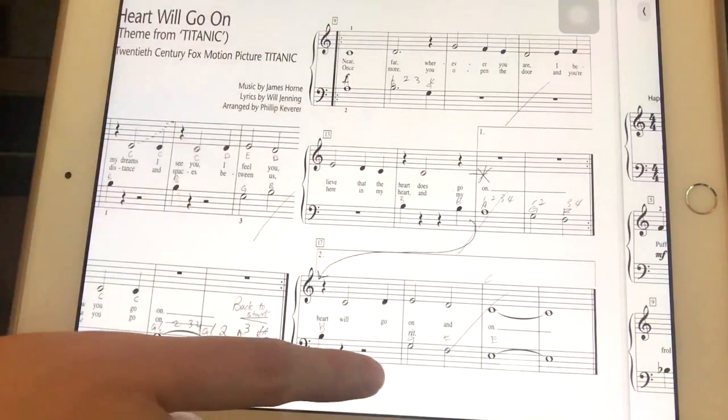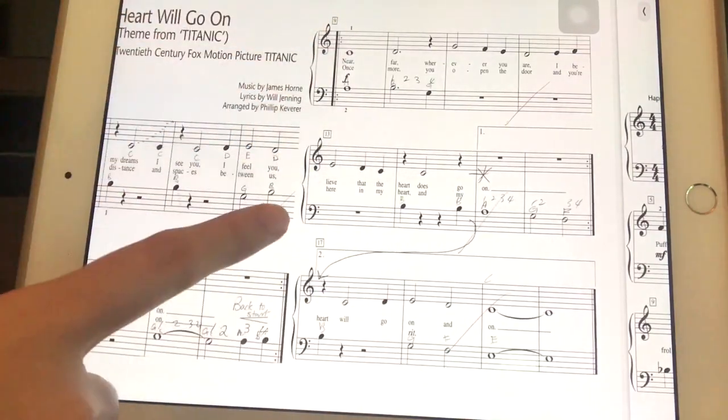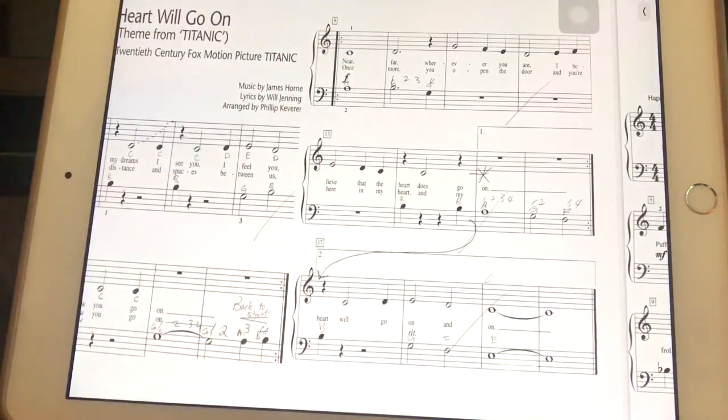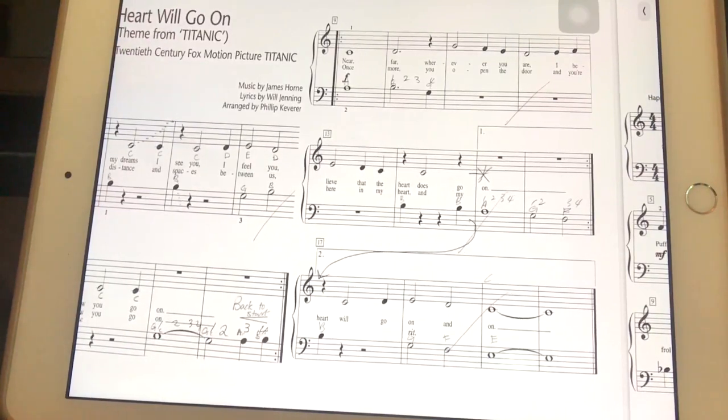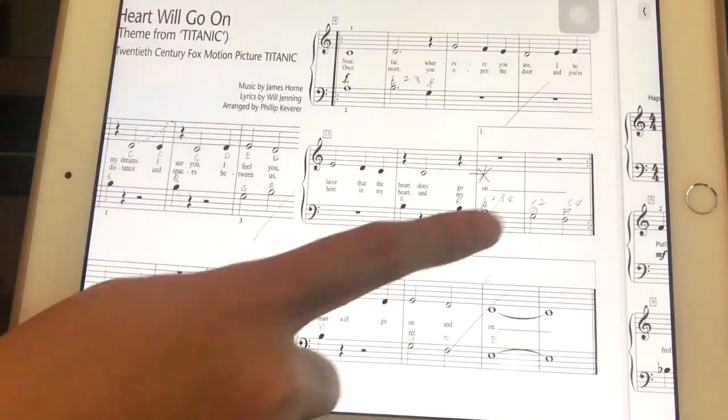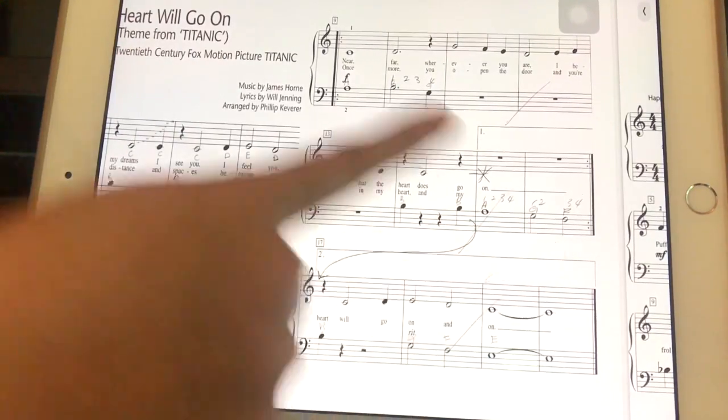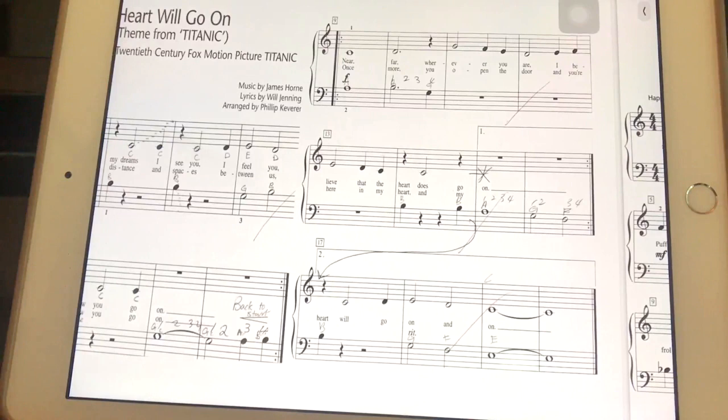So that is how you play with repetition on this page. So again, we're gonna play from the start again. 1, 2, 3, 4, D, 2, 3, G, G, 2, F, E, D, 2, E, F, E, 2, D, C, B, C, 2, B, A, 2, 3, 4, G, 2, F, 2. Again, 1, 2, 3, 4, 1, 2, 3, G, G, G again, F, E,